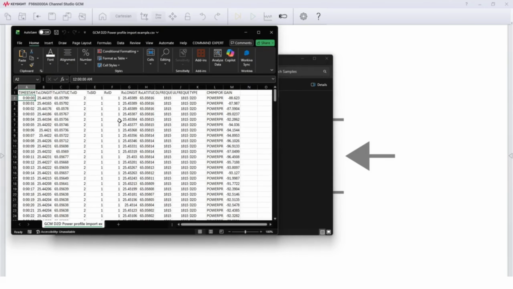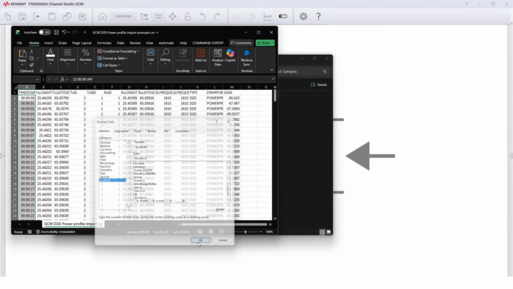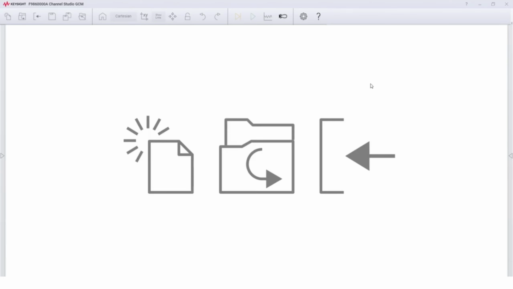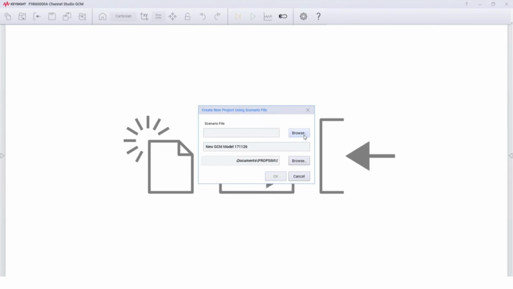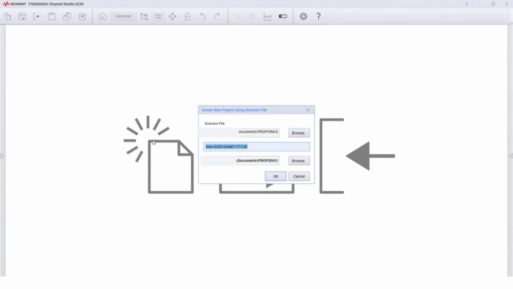So the format here has to be hour, minute, seconds. So Control 1, go to format cell, and this is where I'm going to change that. Custom, and then we just add in one more H up front, and click OK, and then we save. Close this, go back to recall, browse, D2D, change file name,